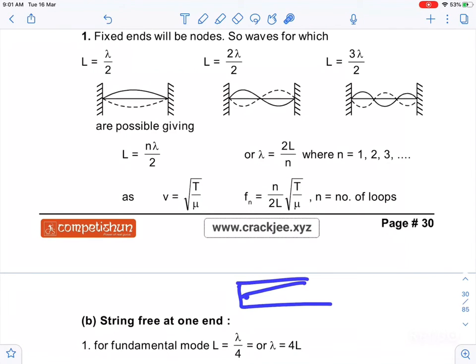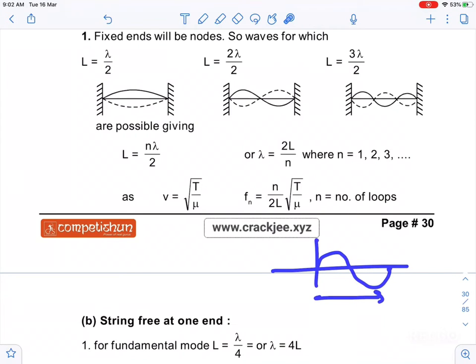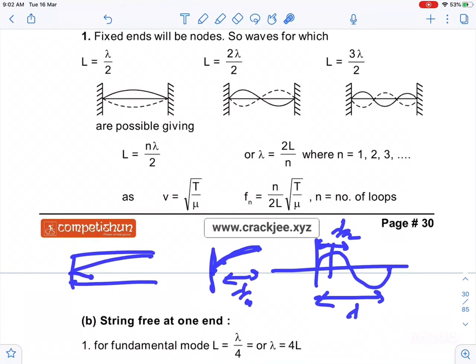So how have I written this? Suppose I take a closed organ pipe. This length is nothing but lambda by 4. How do I calculate this length? In order to calculate it, I take the total distance lambda. Half of it is lambda by 2, and half of that is lambda by 4. So for a closed organ pipe, the length can be written as lambda by 4, so lambda can be written as 4L.